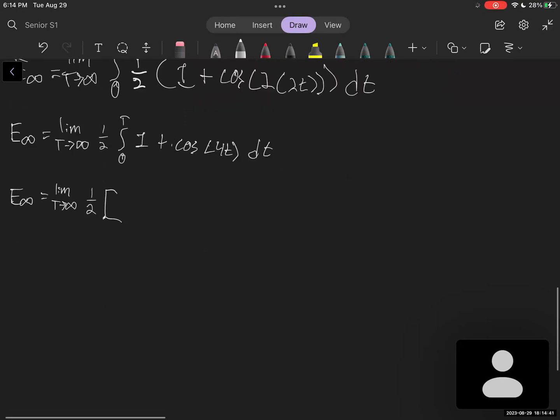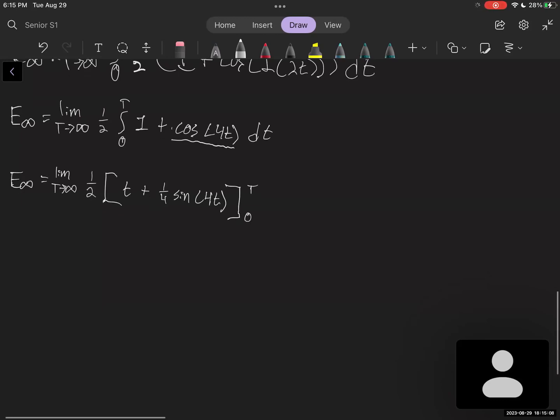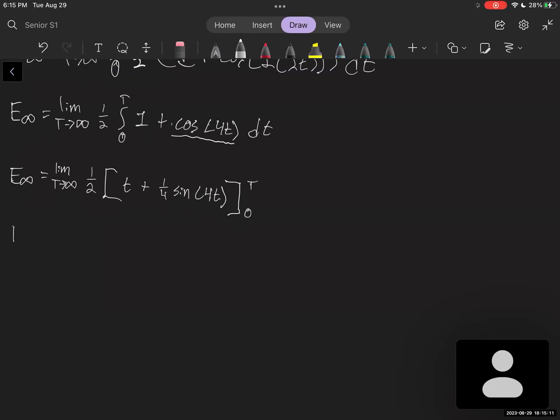And we're going to be left with t plus 1/4 sine of 4t. And in order to solve the integral of cosine of 4t, you just need to do a simple u substitution. But then we're going to evaluate this from 0 to t. And we use our fundamental theorem of calculus knowledge that I'm sure we all love from Calc 1